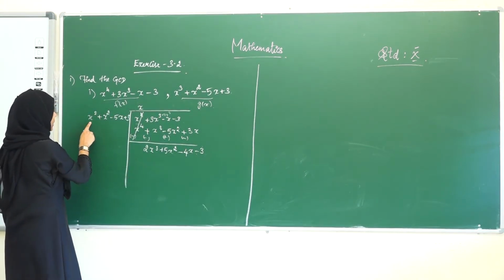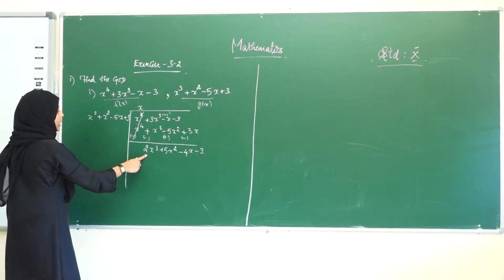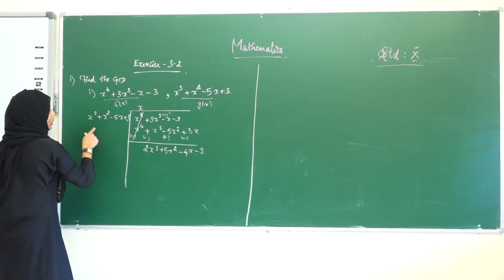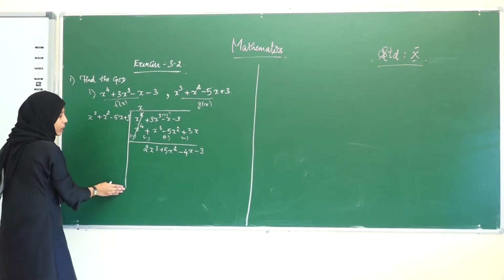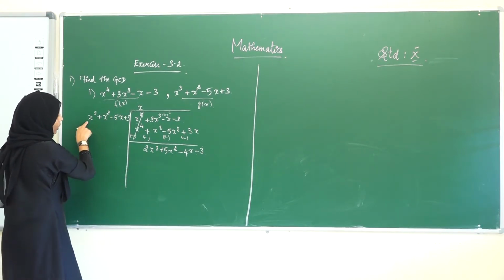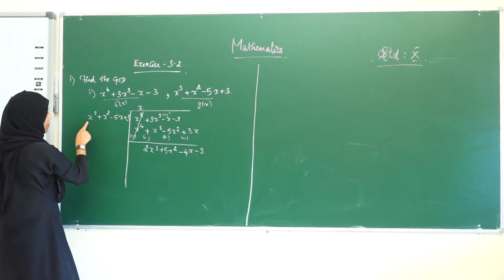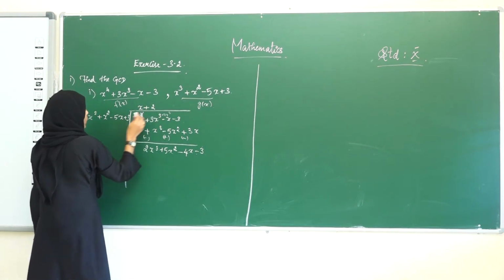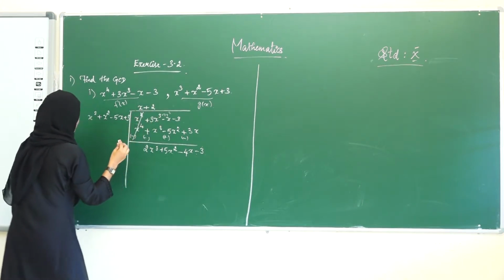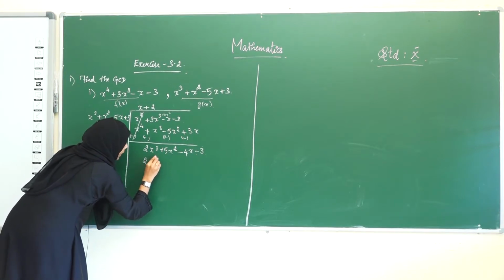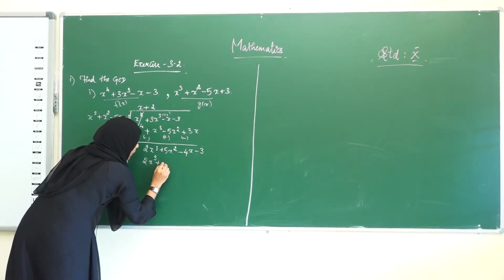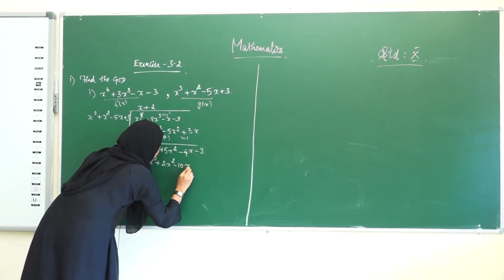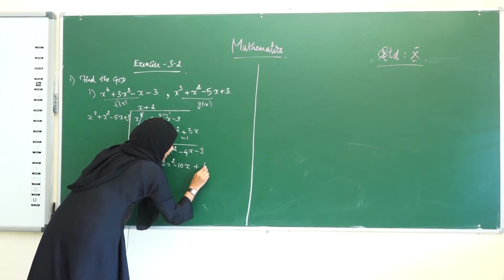Now consider x cube and 2x cube. The degree of this is not greater than the degree of this polynomial, so we can continue this long division. We consider these two terms. On multiplying this term with 2 we get the first term, therefore plus 2. We multiply this whole polynomial with plus 2. The answer is 2x cube, 2 into x square is plus 2x square, 2 into minus 5x is minus 10x, 2 into plus 3 is plus 6.